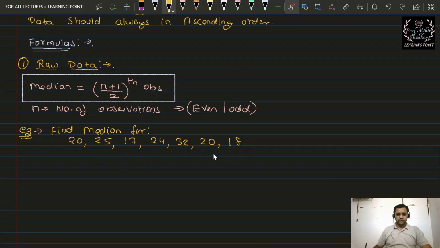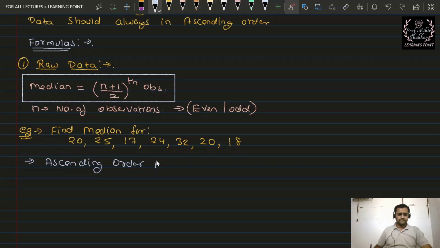So in this particular case, the first thing that I will be doing is to arrange the data in the ascending order. The ascending order is obviously from small to big. So the first value that I have over here is 17, 18,